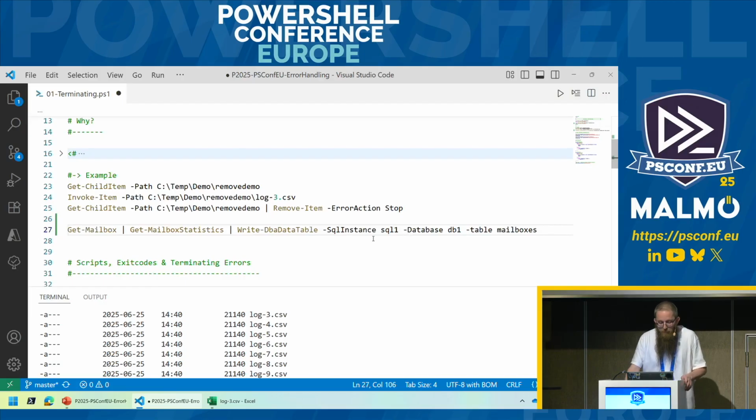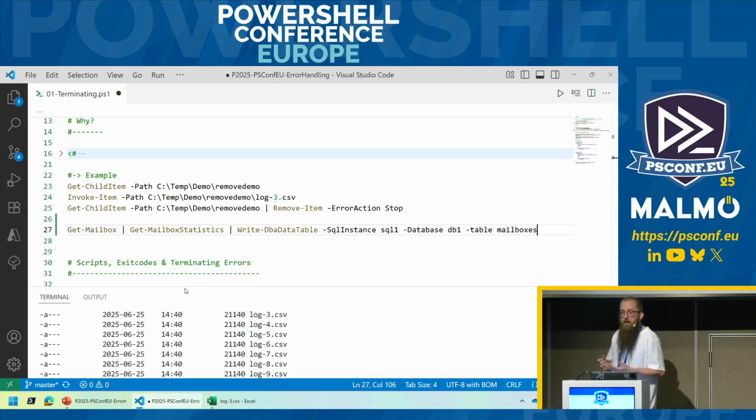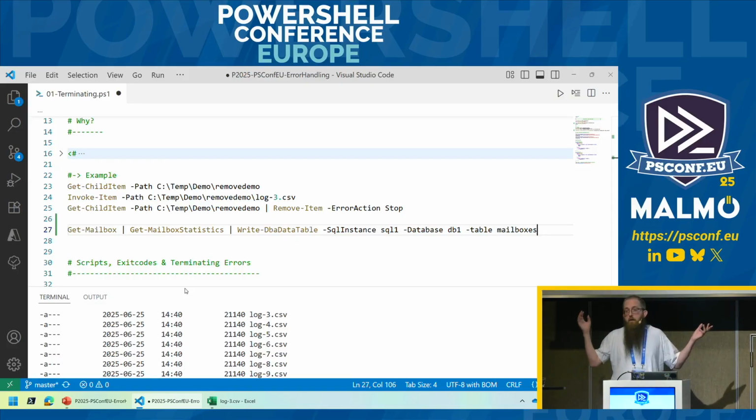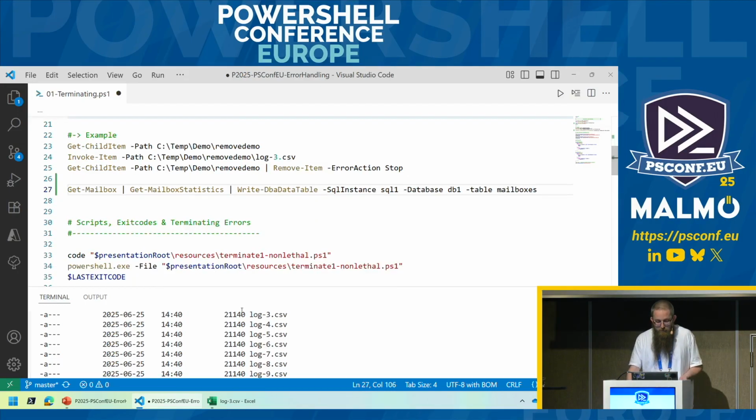So, the next part about all this error handling, especially in the context of terminating versus non-terminating, that we need to look at is why does our orchestration tool or task scheduler or SCCM agent or Intune or whatever say it all worked, tasks successfully completed? What is the requirement for it to not be successful? Fundamentally, they just launch PowerShell.exe or pwsh.exe. They start a process and they check for the exit code. And, well,